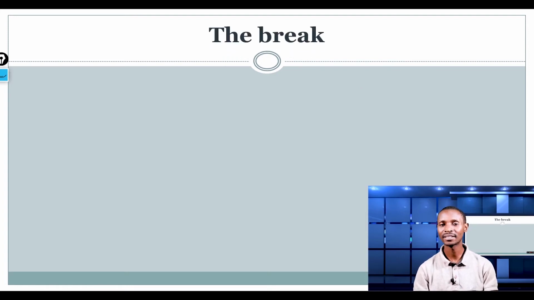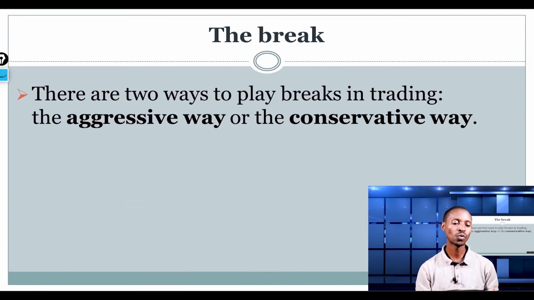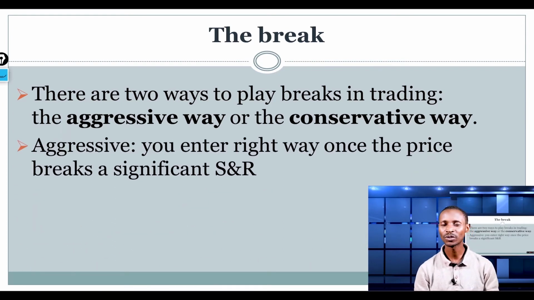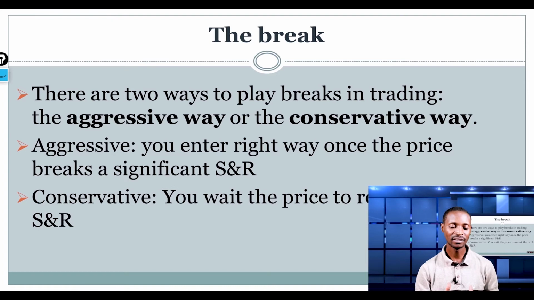The second way, as I said, is a break, but there are two ways to trade a breakout of support or resistance. There is an aggressive way and a conservative way. The aggressive way is to enter immediately after the break of the resistance,